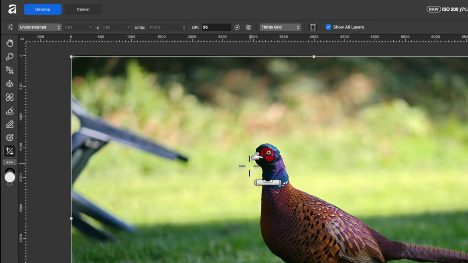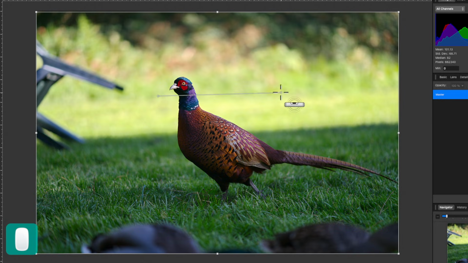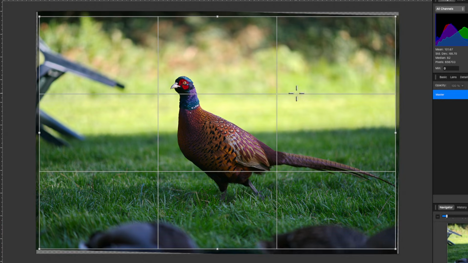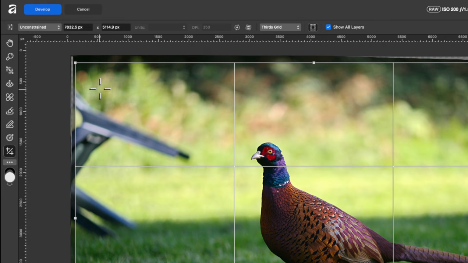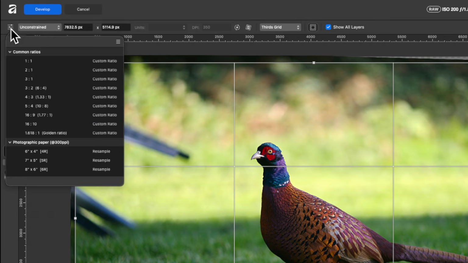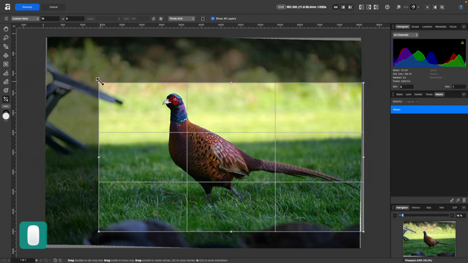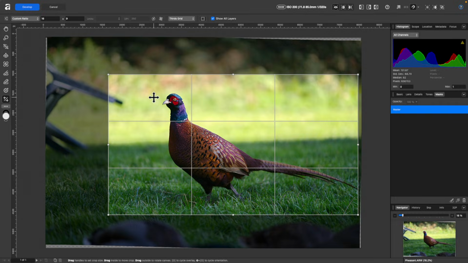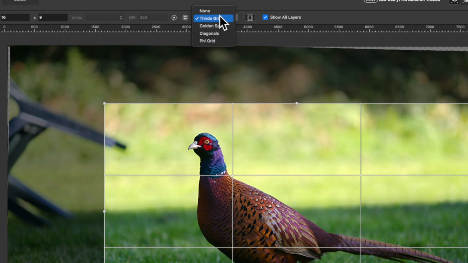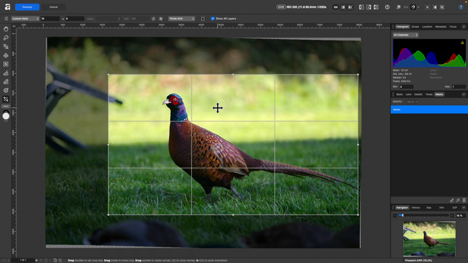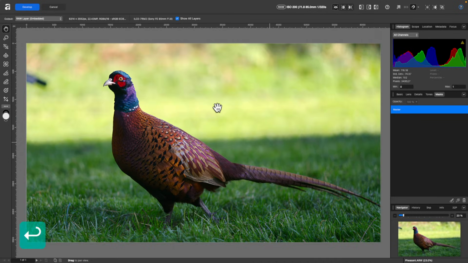So I can click on that and I can't actually tell what's straight here, but I can just drag that there, straightened it out a little bit, and I'll just use a preset. So I'll go down here, I'll make it cinematic, 16:9, and I'll just drag the edges in like this. Maybe I'll keep it somewhere around here. Of course, you can play around with the grids. Right now it's on thirds grid. And to action this, I'll just press return on the keyboard.